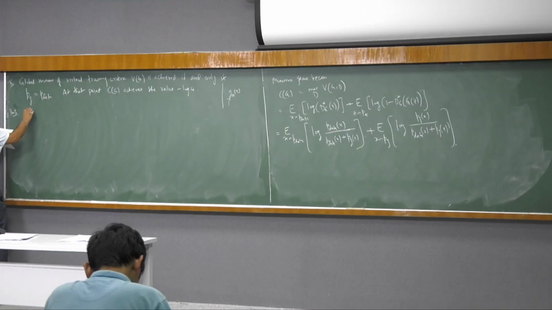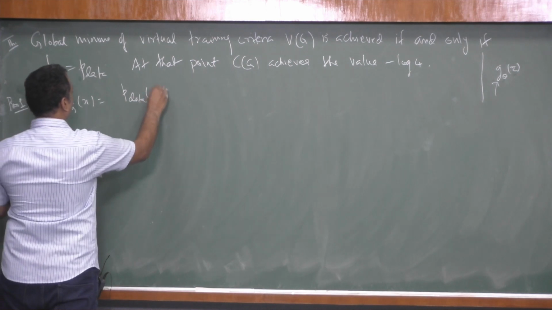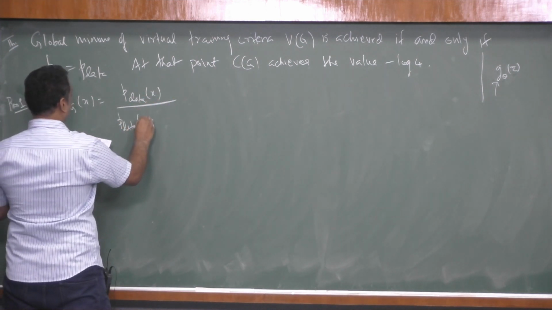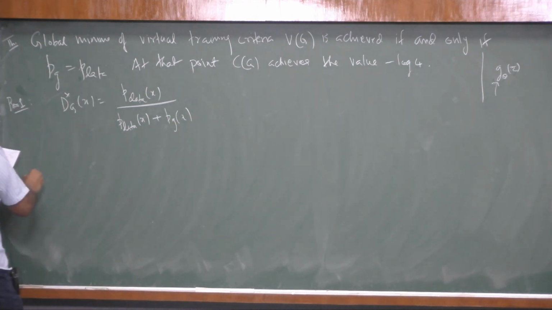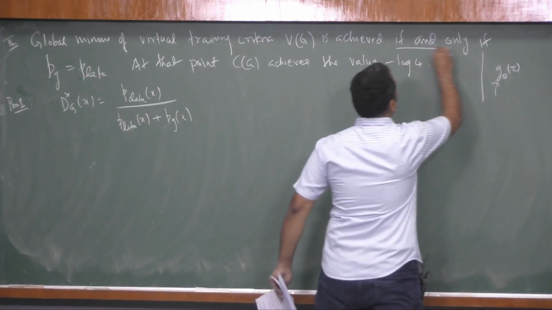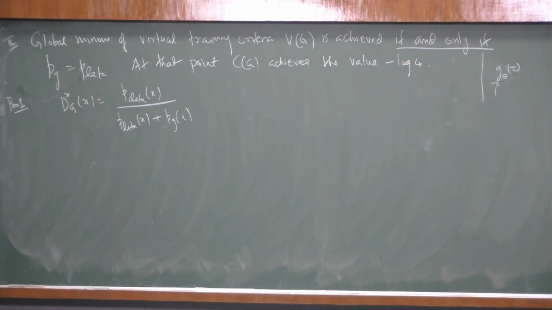So we know that the optimal discriminator that we have proved just now is P data x by P data x plus PG x, and this is if and only if, right? So we can have it both ways. Let us see the one way: if PG is P data, then what happens, right? So if PG is P data,